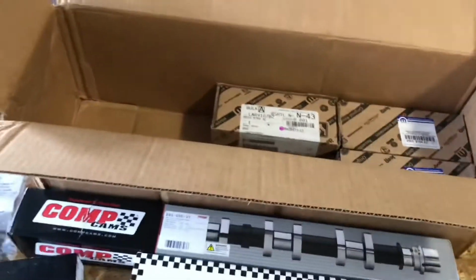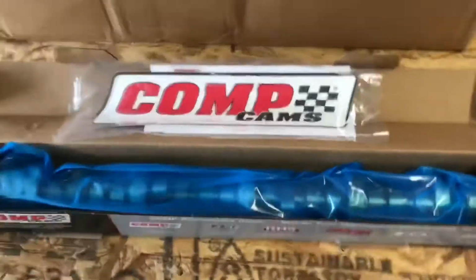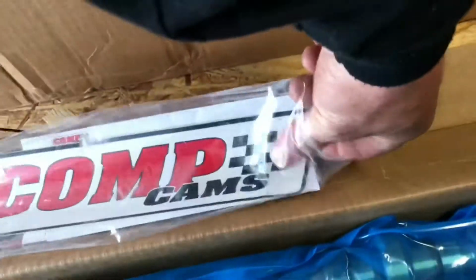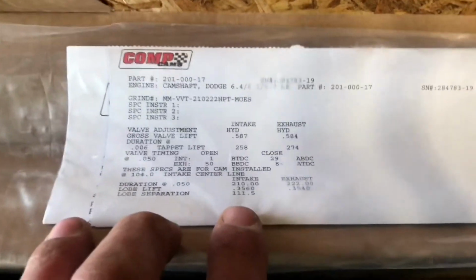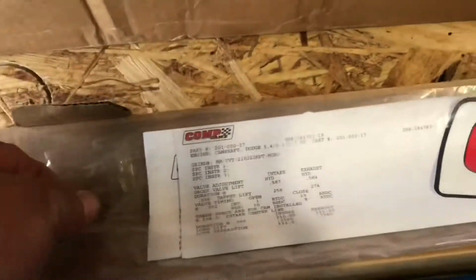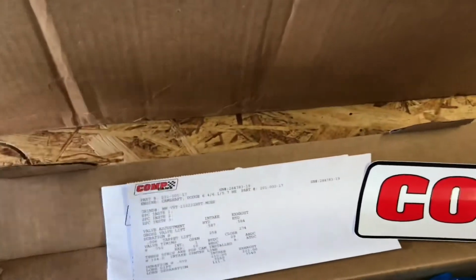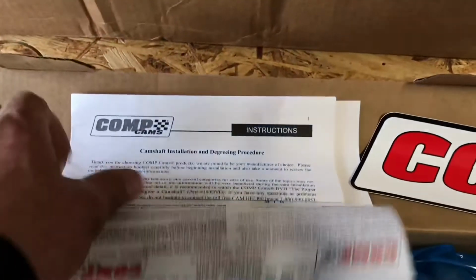Here's the whole kit. I'm gonna open the cam up, take a look at that. Alright, open the box. I like the sticker. That's a cool sticker. Definitely gonna be putting that somewhere. And they give you most of the cam specs too, which is cool. It's no secret. It's nice. That way the tuner can know what he's doing too. I'll be using Flyin Performance